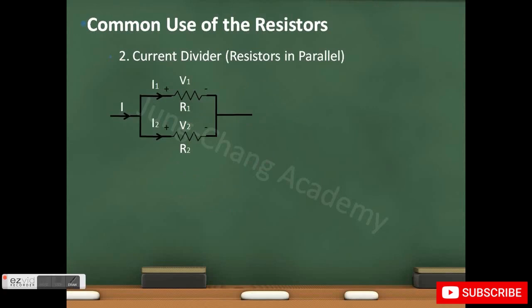Next, we're going to look at resistors in parallel, also known as the current divider. Again, if you are not interested in the mathematical derivation, you can just jump straight to the conclusion. For those who are interested, here's how it goes. Our goal is again to simplify this with a single resistor. So we need to find an equation in the form of V equals IR that represents the whole thing